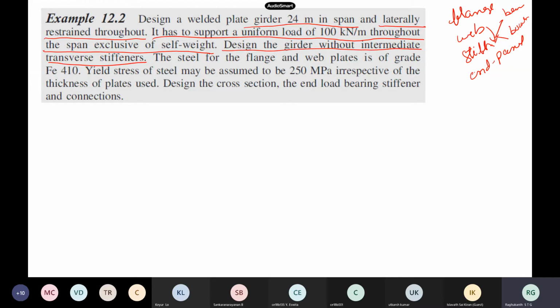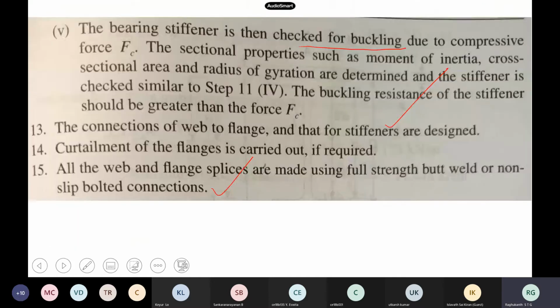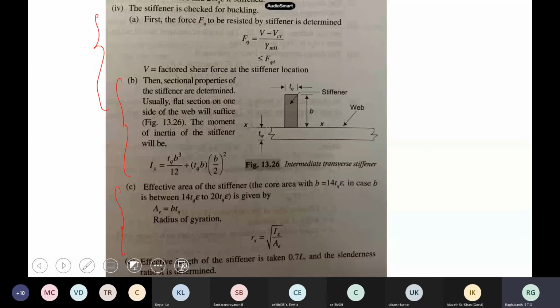Now which design step can you omit without stiffeners? There are no stiffeners at all. In all the design steps, which step can be ignored when there are no stiffeners?